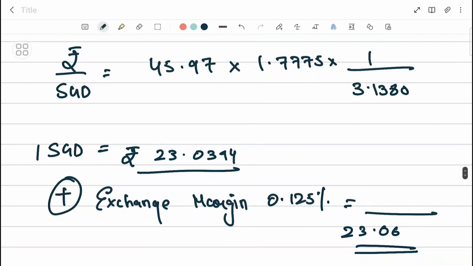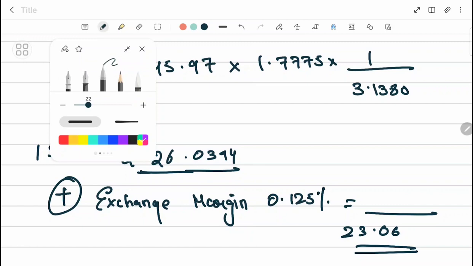So we'll calculate this rate again. 45.97 into 1.775 divided by 3.1380, 26. See, minor mistake could lead to loss of marks. 26.0394. Okay, now it's correct. Now on this I'll add 0.125%. So this gives me